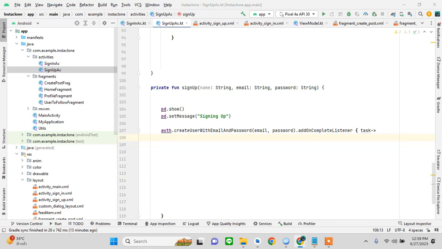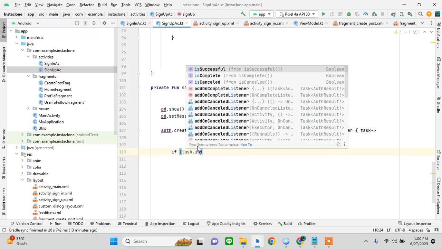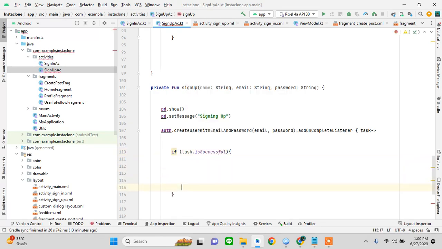Here things are going to be a little different. If task is successful, then what needs to happen is